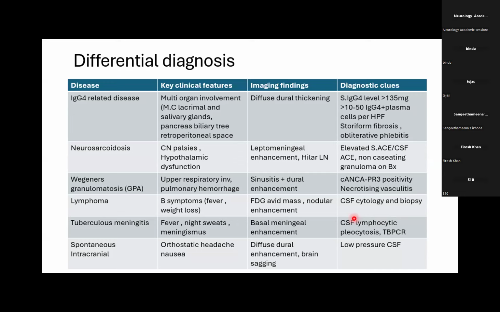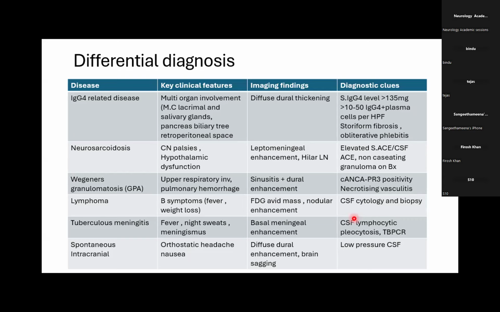Then neurosarcoidosis, where cranial palsies and hypothalamic dysfunction may be seen. The imaging findings are leptomeningeal enhancement, and in CT thorax we can see hilar lymphadenopathy. Diagnostic clues for neurosarcoidosis include elevated serum ACE levels or CSF ACE levels, and there will be non-caseating granuloma